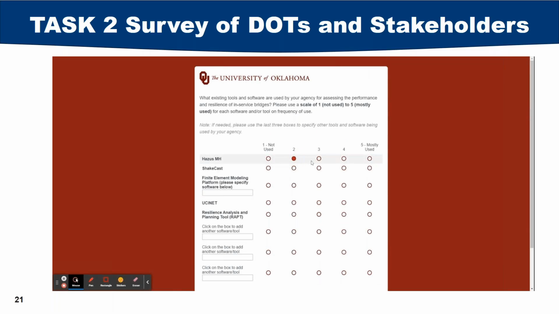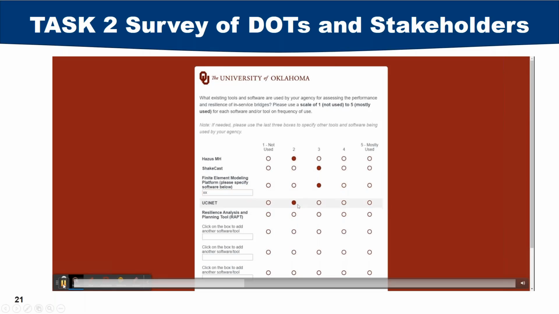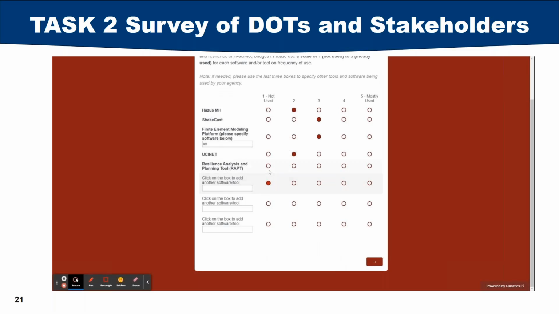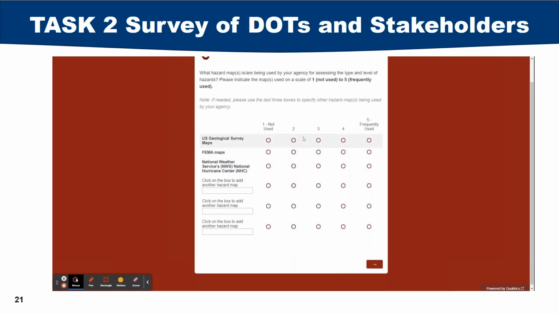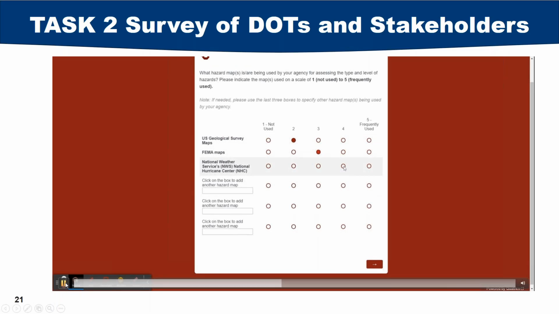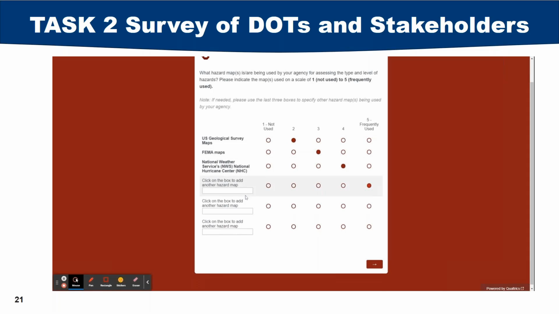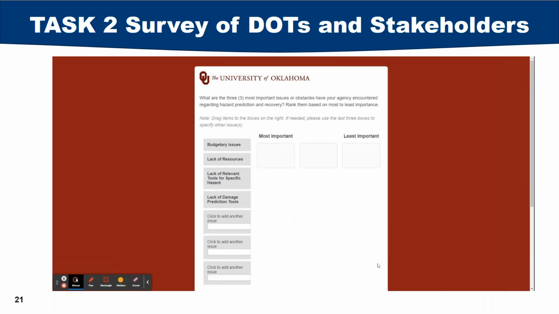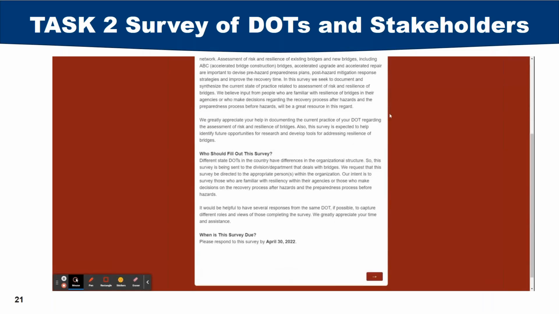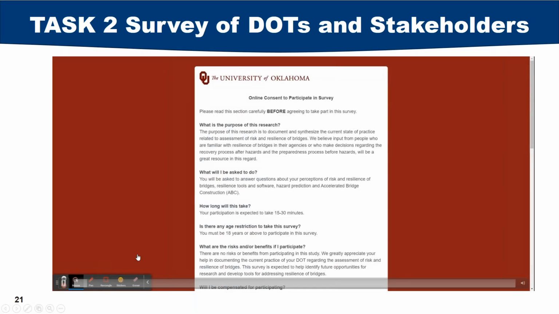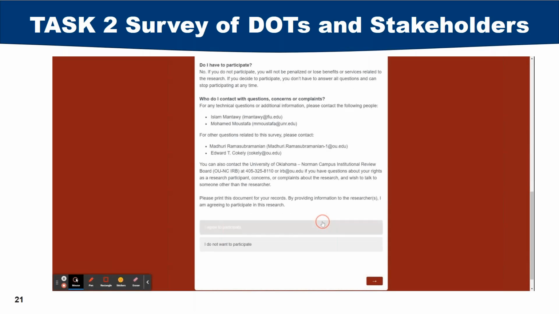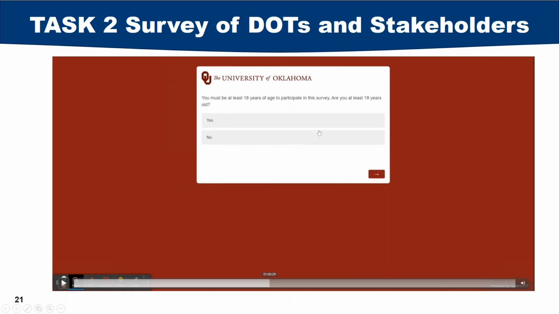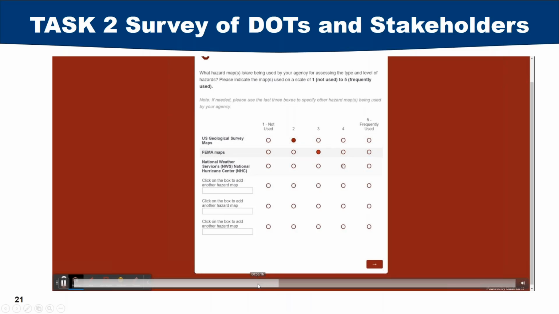Then question 4 starts from the tools and software that are used by the agencies. Again, we have given them choices like not used, or used, and mostly used. We have given them hazard image, recast, finite element modeling, ECNet, and so on, and asked whether your agency uses this or mostly uses this, on that type of scale. That's what is given.